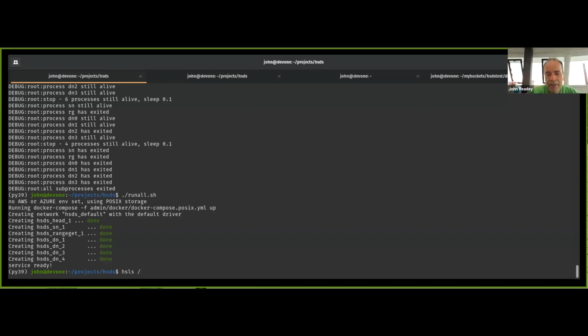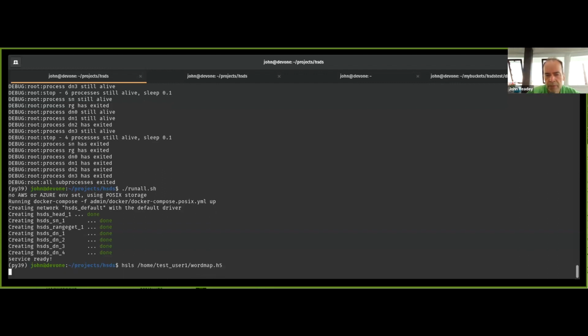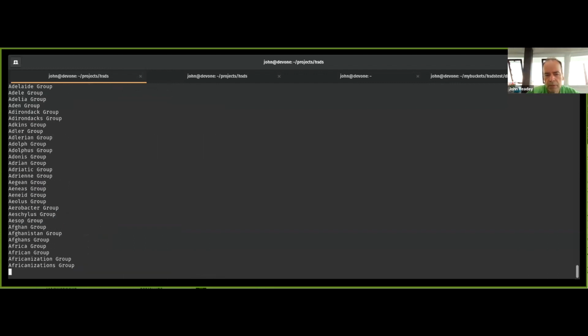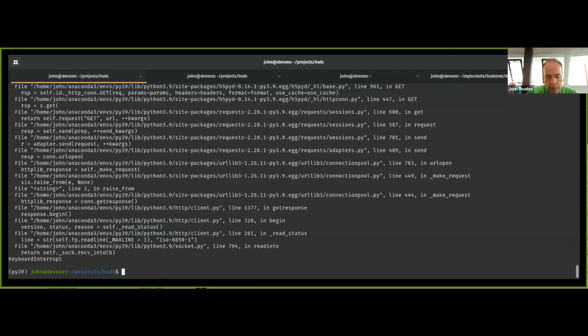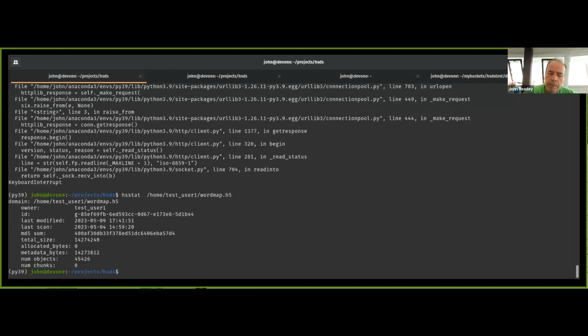But anyway, if I list this here, that was found. Okay, so is this going through and listing, I didn't create datasets, I created groups. So it's one group for every word in the dictionary. And if we do HSDS info of this, we see that